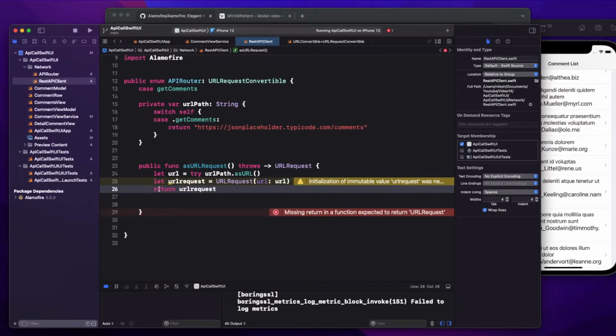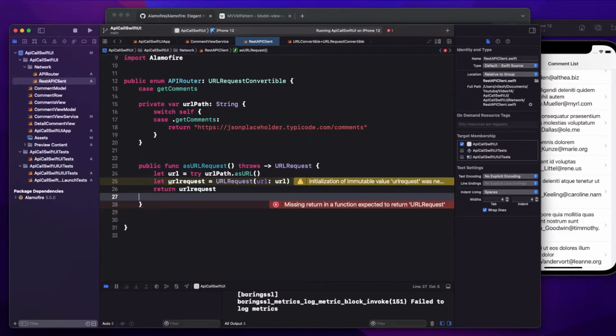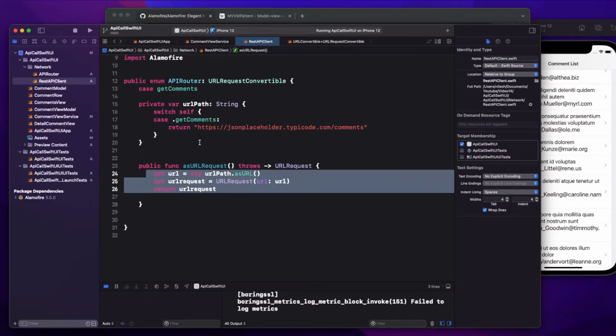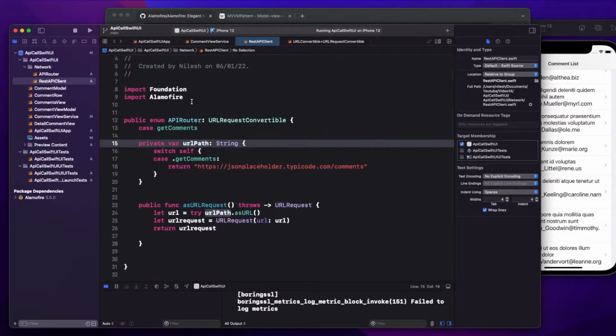Now in your actual project, you can have more things here, like headers and parameters. Similarly, I can define those components as well, and I can just attach them here. Now my API router is ready. The work of this API router is just to create a request object for me.